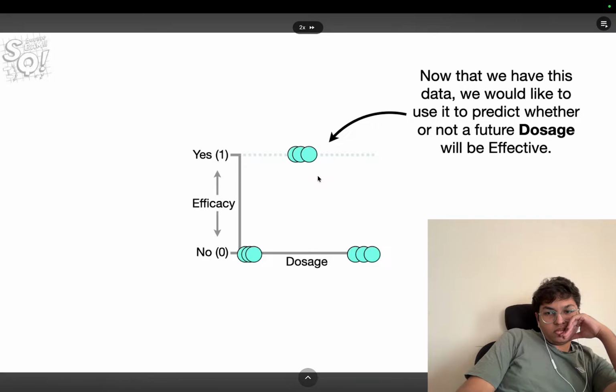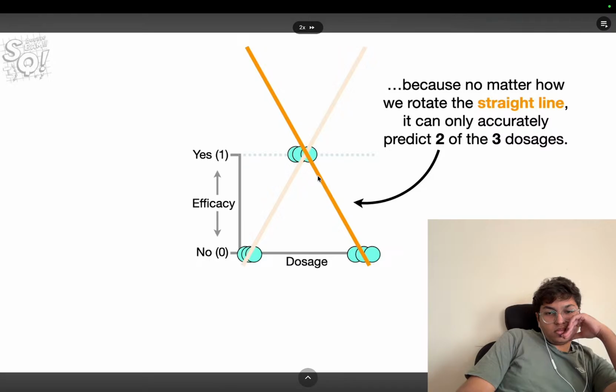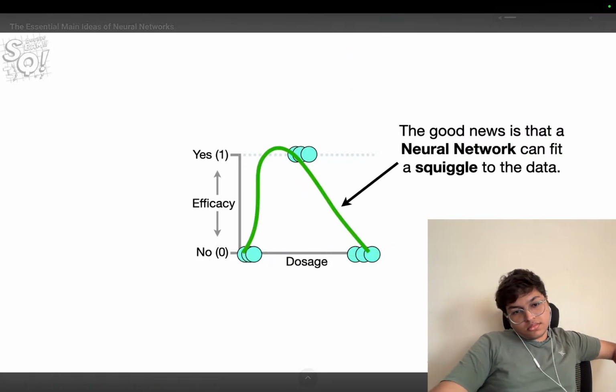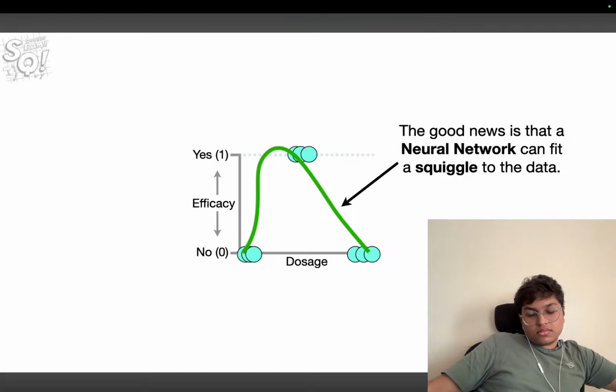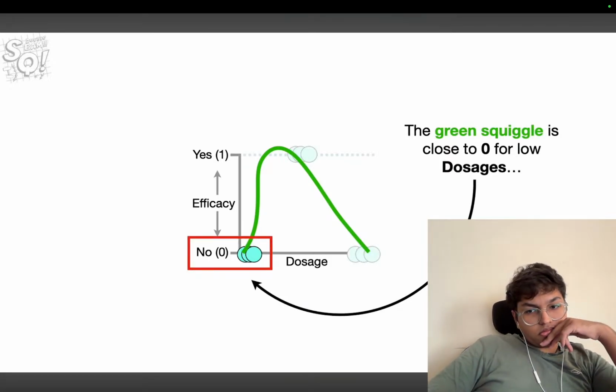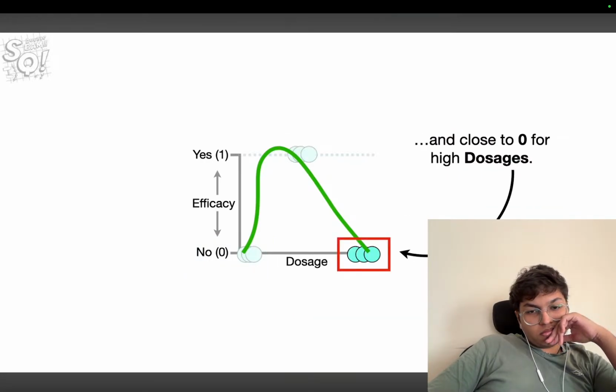Now that we have this data, we would like to use it to predict whether or not a future dosage will be effective. However, we can't just fit a straight line to the data to make predictions, because no matter how we rotate the straight line, it can only accurately predict 2 of the 3 dosages. The good news is that a neural network can fit a squiggle to the data. The green squiggle is close to 0 for low dosages, close to 1 for medium dosages, and close to 0